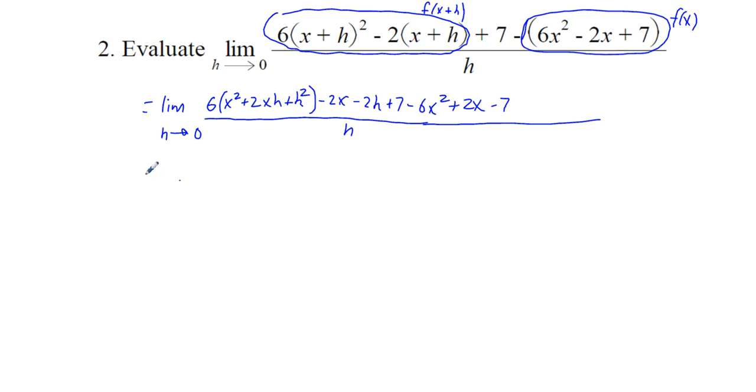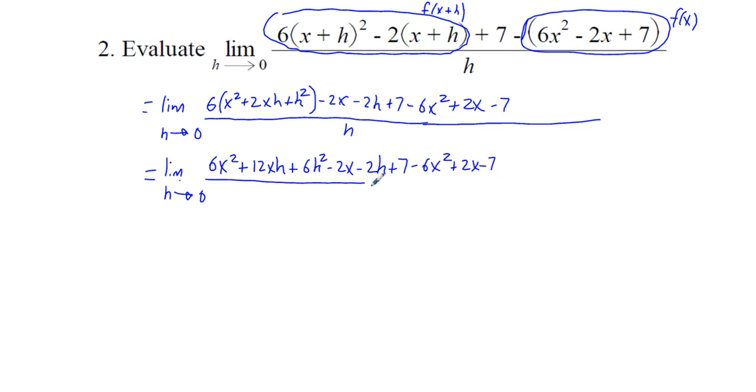So now distributing, we're going to have in the numerator 6x squared plus 12xh plus 6h squared minus 2x minus 2h plus 7 minus 6x squared plus 2x minus 7, and that's all